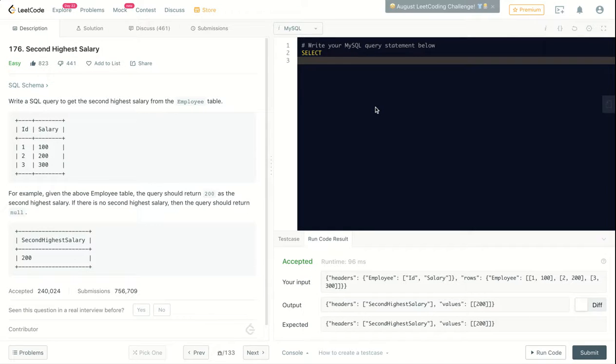Hey, what's up? So this question is called second highest salary. We have this employee table with ID and salary columns, and we need to always get the second highest salary. In this case, we have 300, 200, 100. It's 200. So let's start by selecting the salary